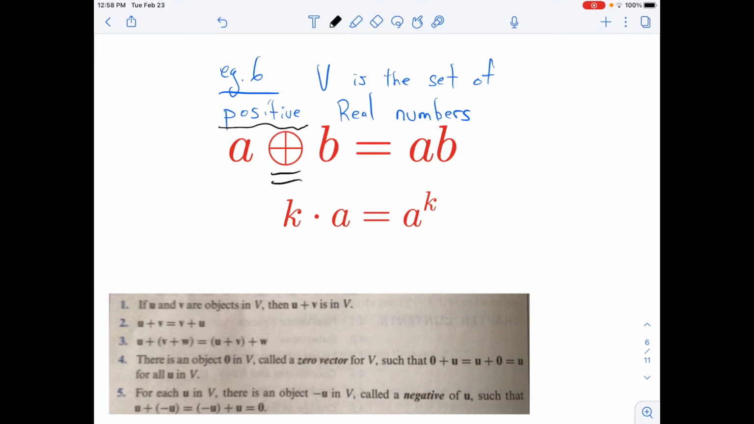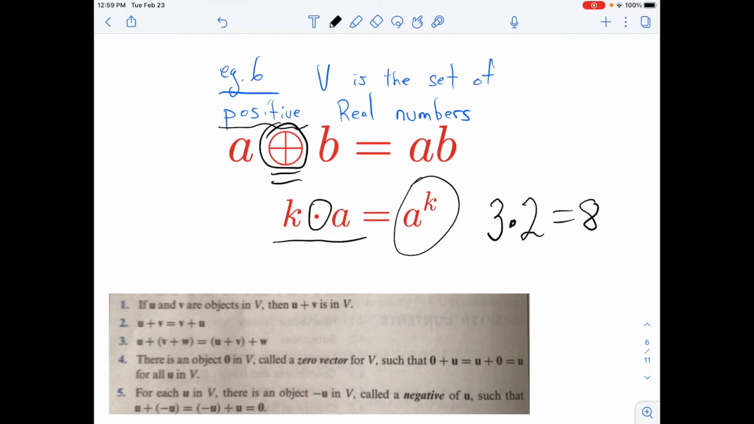The addition operation on this set is going to be the usual multiplication. So in this setup, 5 vector space addition 4 is equal to 20, just as an example. And the scalar multiplication in this setup is going to be normal exponentiation. So for the vector space scalar multiplication, 3 vector space scalar multiplication 2 is going to be 8. So those are the definitions of these two operations, and we claim that with those definitions, the set V forms